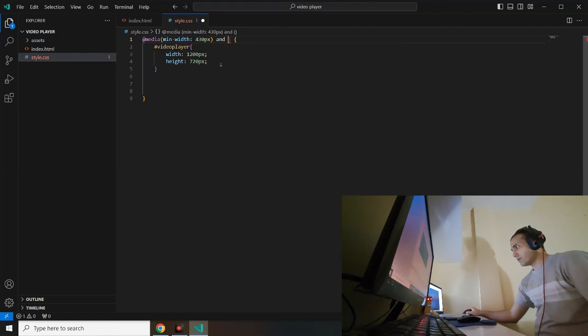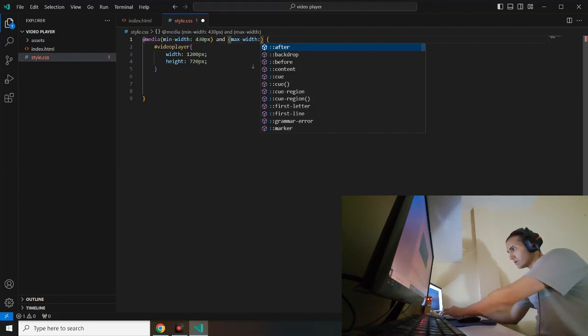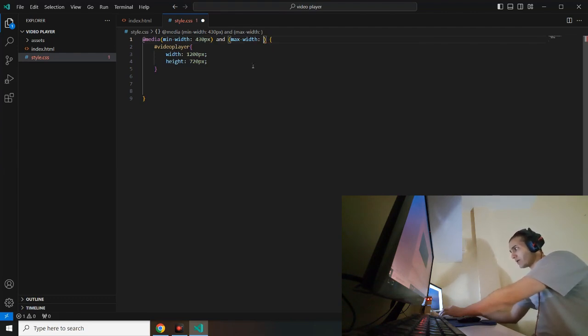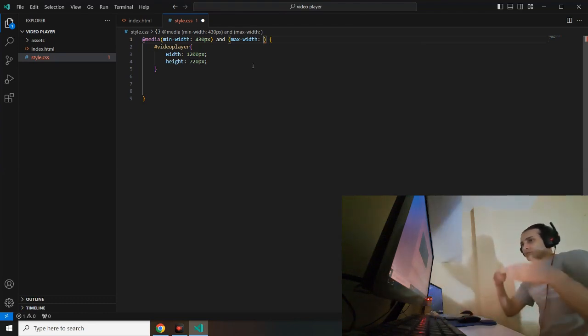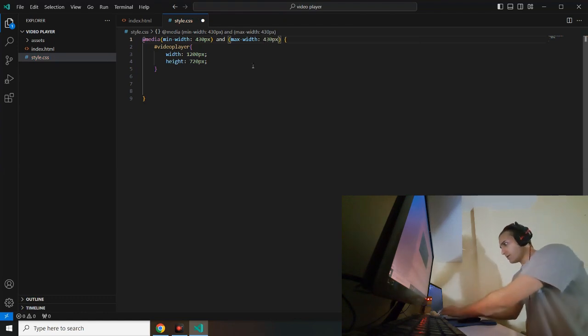So what if I make it smaller? So now, as you can see, when my page is in desktop mode, it will get bigger. But let's make it more responsive and say if it's smaller than, let's type it. If it's bigger than 430 pixels, do this,